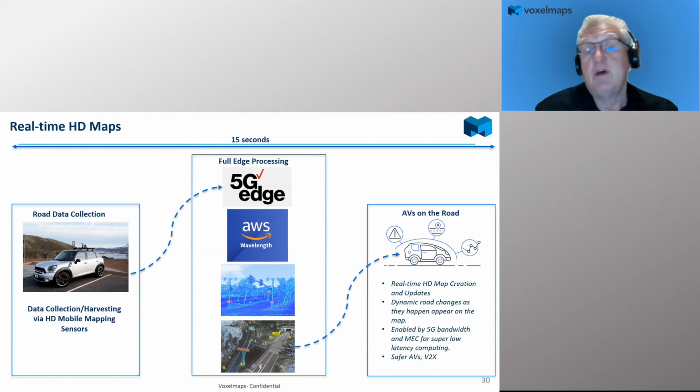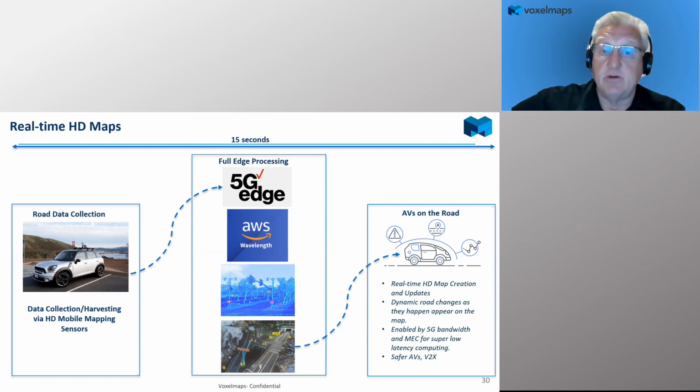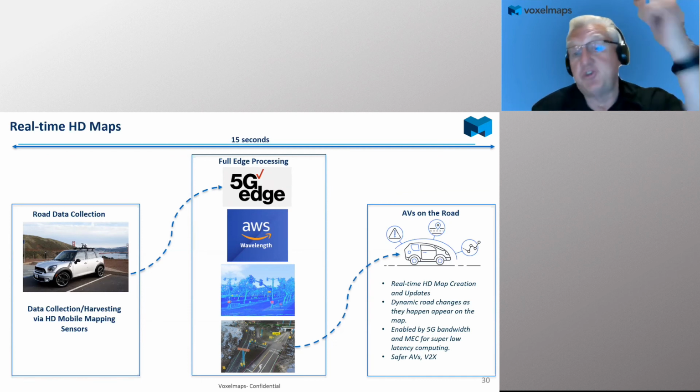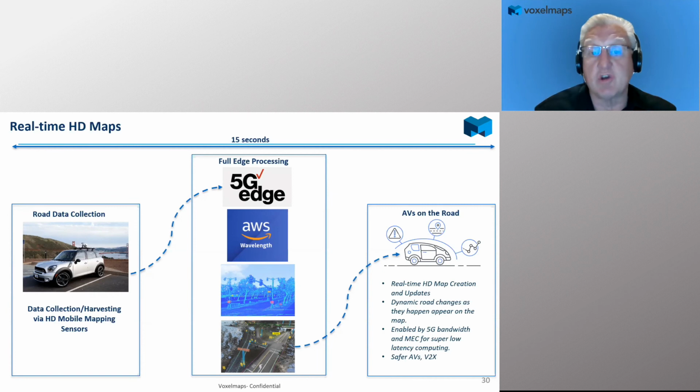So it doesn't go 5G to the telco, across the internet to an Amazon service. It goes 5G to the Amazon Wavelength service. So it cuts down, very low latency. The 5G Edge from Verizon is a new, very low latency mobile edge,